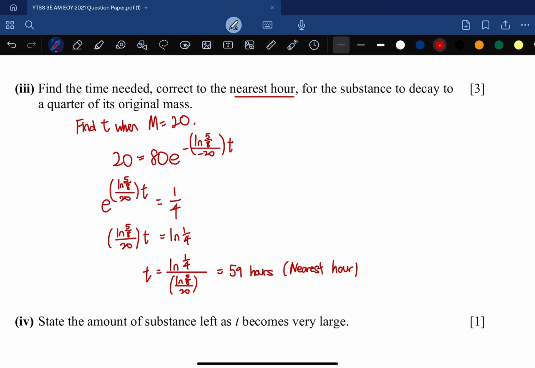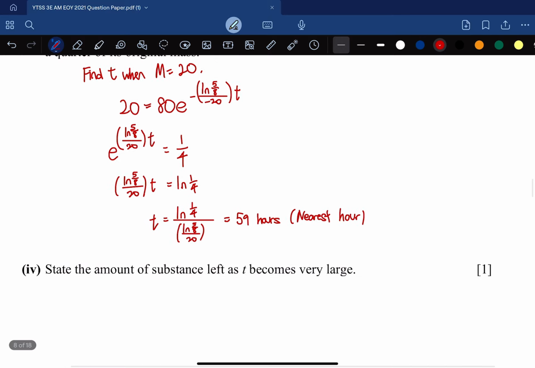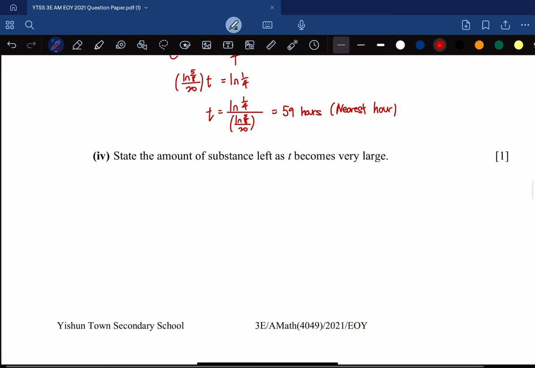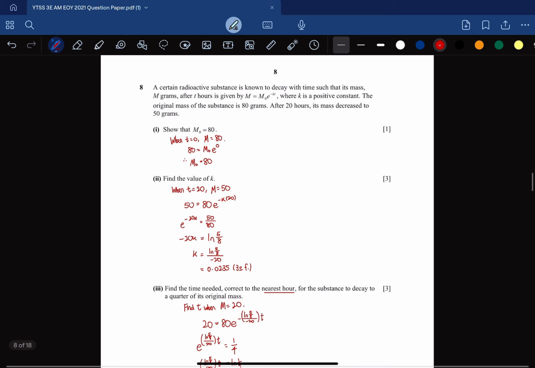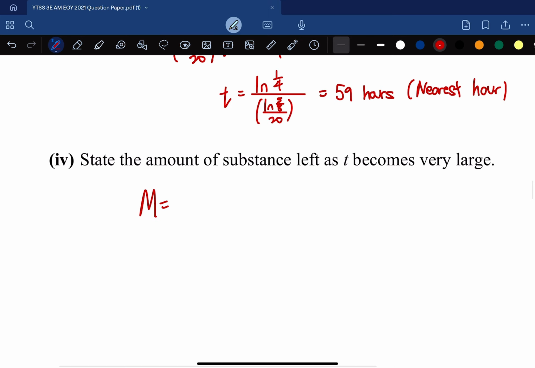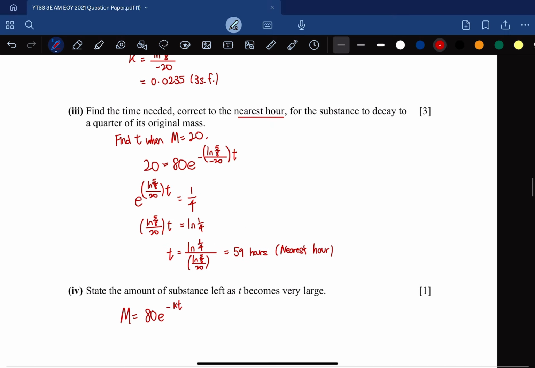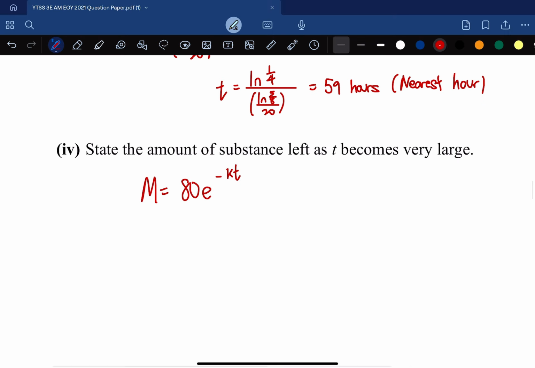And the last part, state the amount of substance left as t becomes very large. If I look at the equation given, we know that M, the mass of substance, is equal to 80 e power negative kt, with the k found in part 2. If I rewrite this equation, I can see this as 80 over e power kt. If I analyze this equation, as t becomes very large,